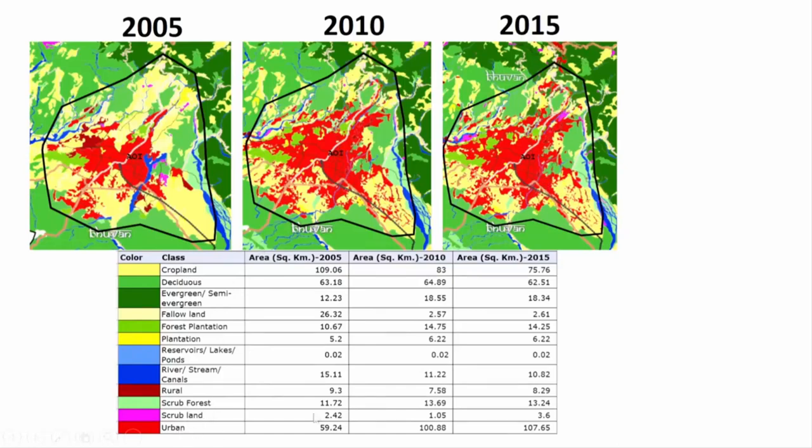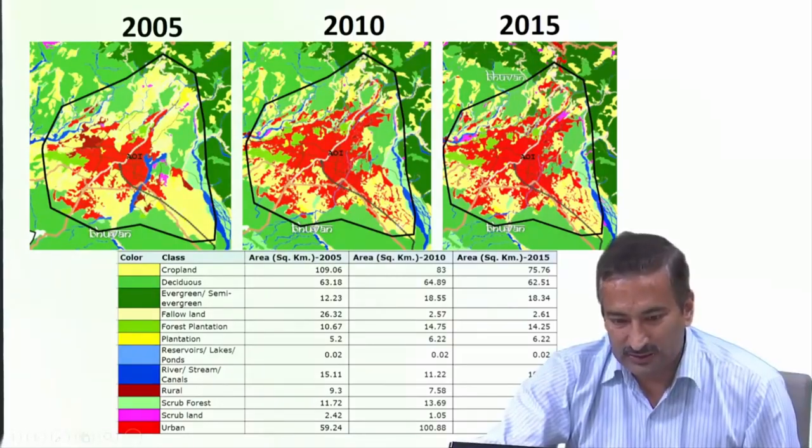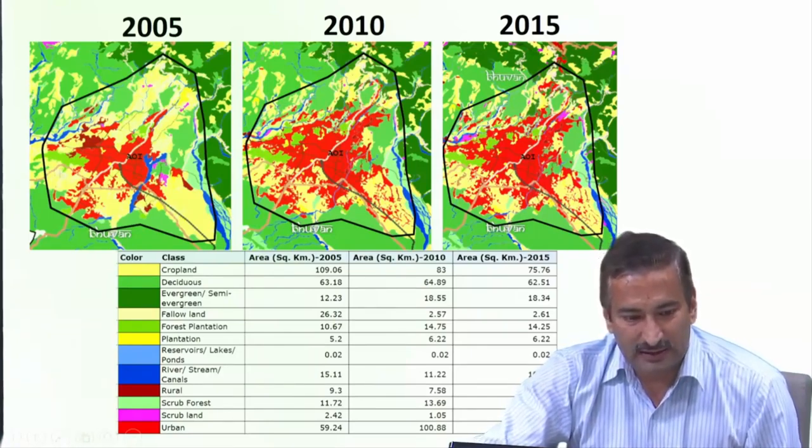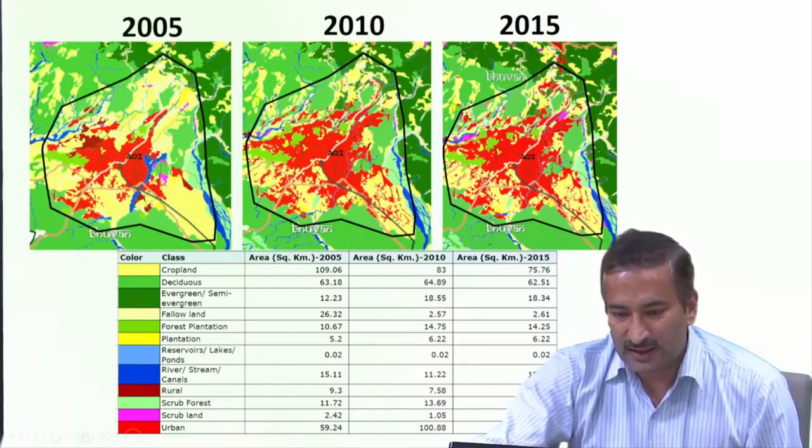Now if you see here, urban land in 2005 it was 59 square kilometers, in 2010 it was 100, and in 2015 it became 107. In which direction has it increased? That direction can be seen from here. Sometimes it is increasing towards this direction also, towards this direction also here, although it's a very small increase in this direction, but if you see in this particular direction it has increased the most towards the south, towards the west side. So in the west side there is a substantial increase in urbanization, towards the west and toward the north also, this part, this side here.